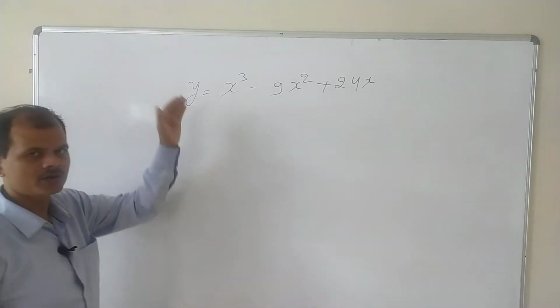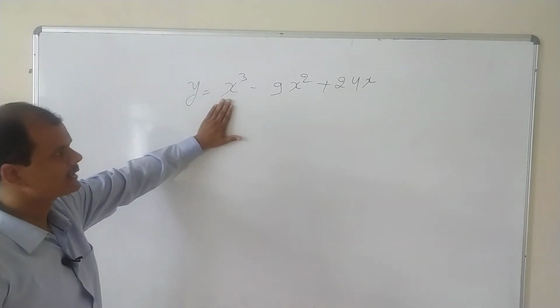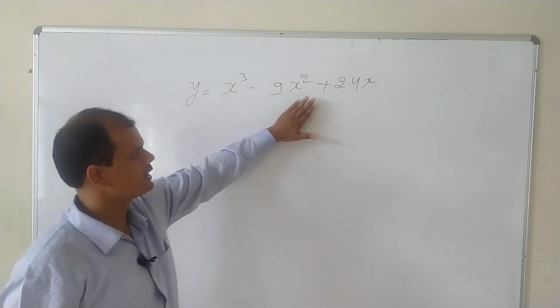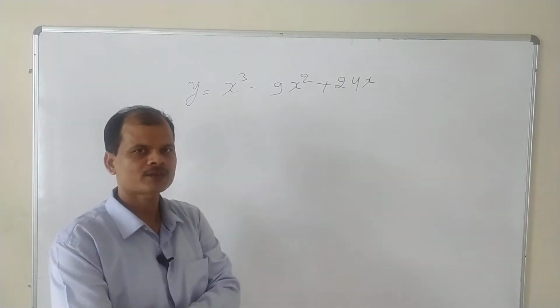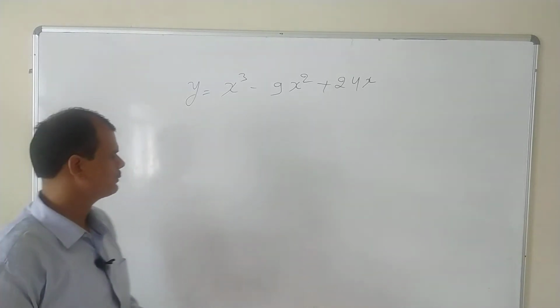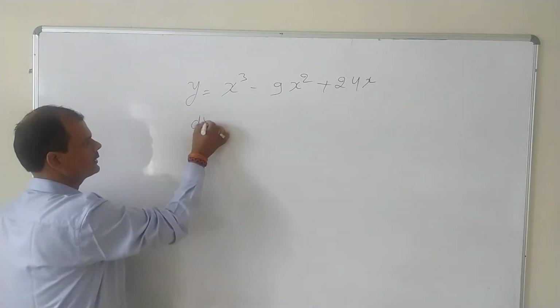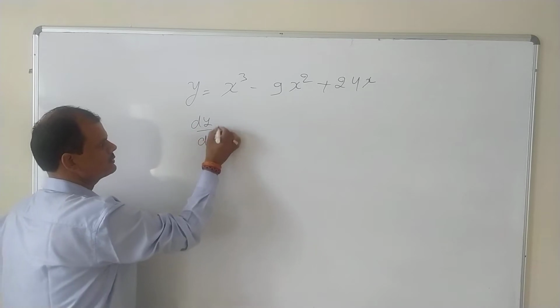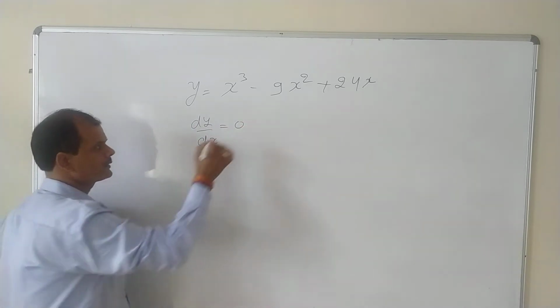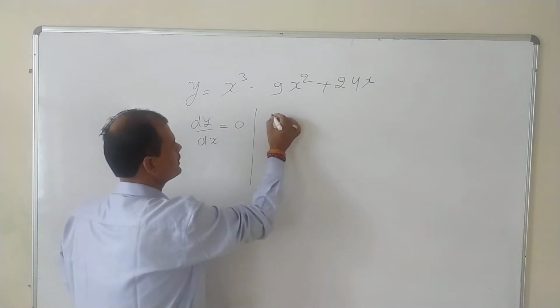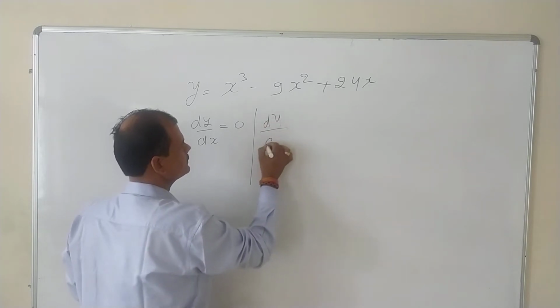I have taken one function y equal to x cube minus 9x square plus 24x. So first, let us try to find out what the critical points are. So how do we get the critical points? We'll set dy by dx equal to 0. Fine. So what do we get? dy by dx equal to